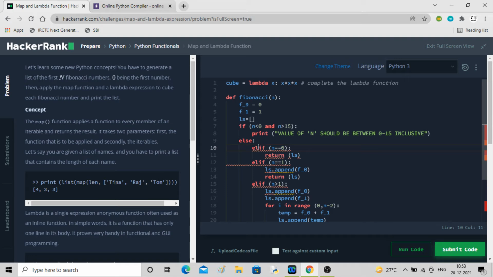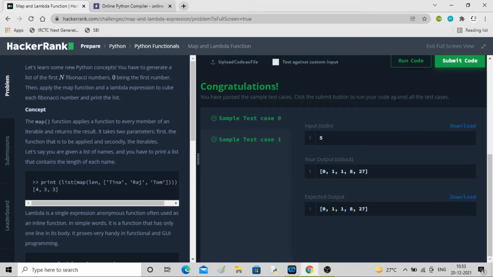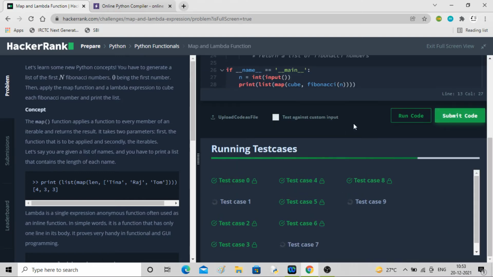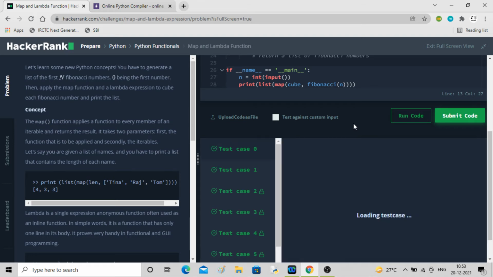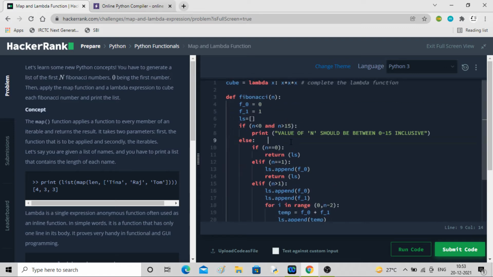And here I'll write if. This is the correct way. That's why it is not working. Still it is passing. Okay. Yeah, now it's done. Okay, now I got the problem.